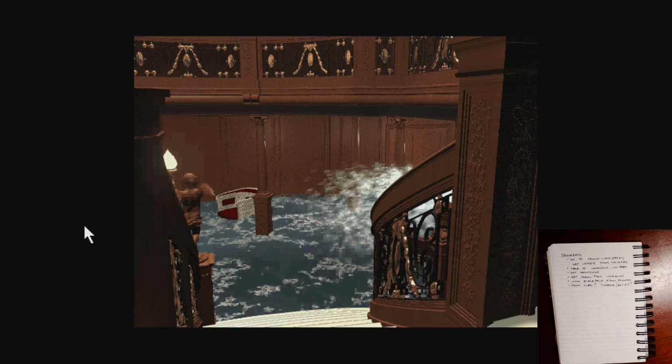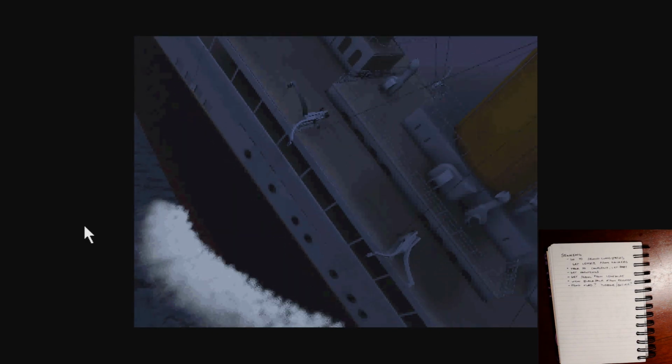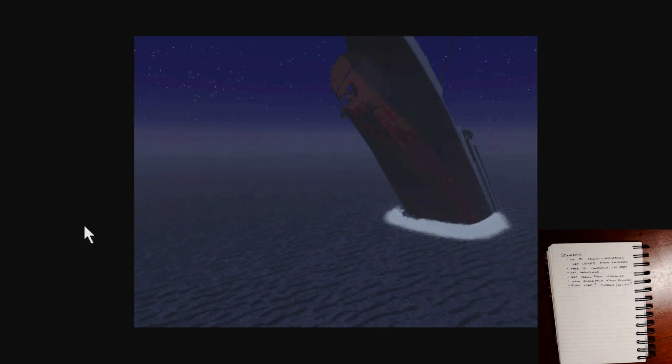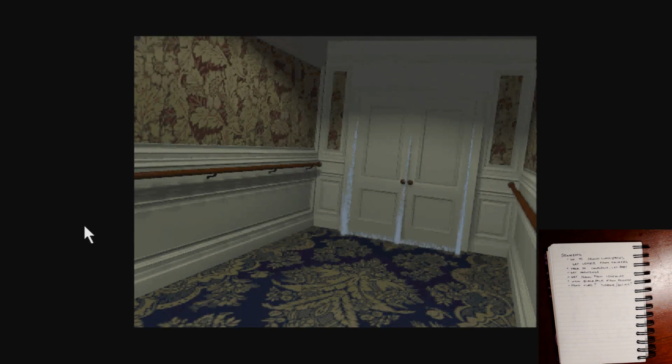So there was a lot of speculation about what happened to the grand staircase because there was no trace of it when they finally found the wreck. And of course wood tends to dissolve pretty quickly in the sea. But in other places there were remnants of wood that they just couldn't find for the grand staircase, and they assumed that it had been destroyed somehow in the sinking. But when they were making the movie Titanic,